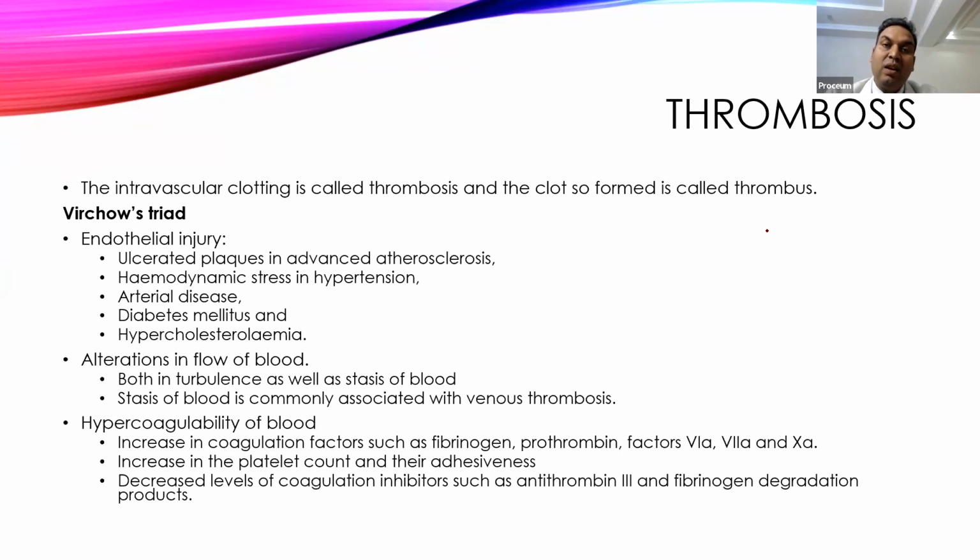Then the condition of a hypercoagulable state. A hypercoagulable state is like increased coagulation factors like fibrinogen, prothrombin, or other factors in the body, or increased platelet count or increased adhesion of the platelets, or decreased anticoagulant mechanism in the body. One condition I know is a genetic disorder like absence of protein C, which can cause multiple thrombus formation in early age group. So whenever an anticoagulant factor is absent, that also leads to increased hypercoagulability.